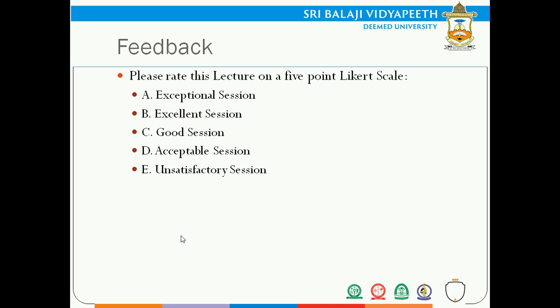What is Romberg's sign? The patient is unable to maintain the balance while standing upright and falls on closing the eyes. Suppose if I ask the patient to close his eyes, he will not be able to stabilize himself. Immediately he will fall down. That is called as what? Romberg's sign. The involvement of paleocerebellum will lead to the diminished muscle tone, what we call it as the hypotonia